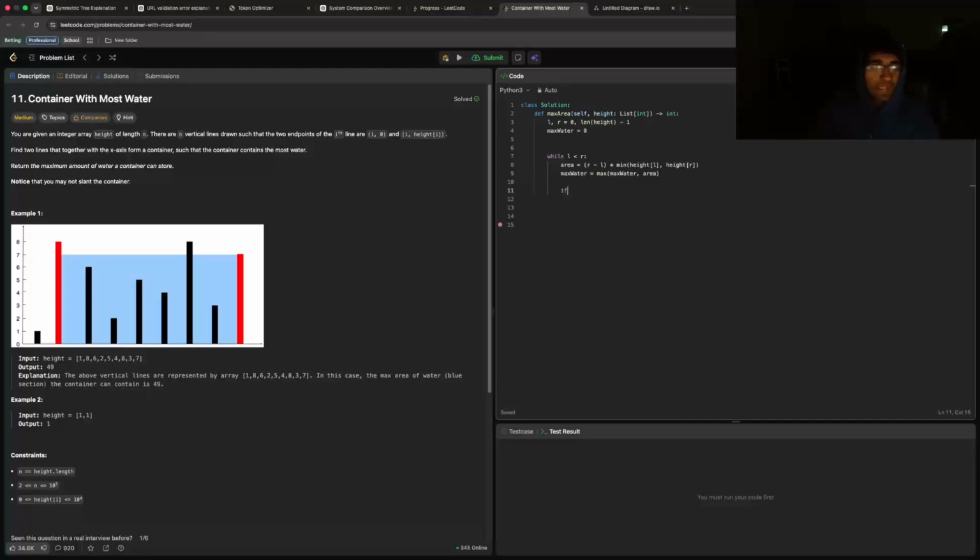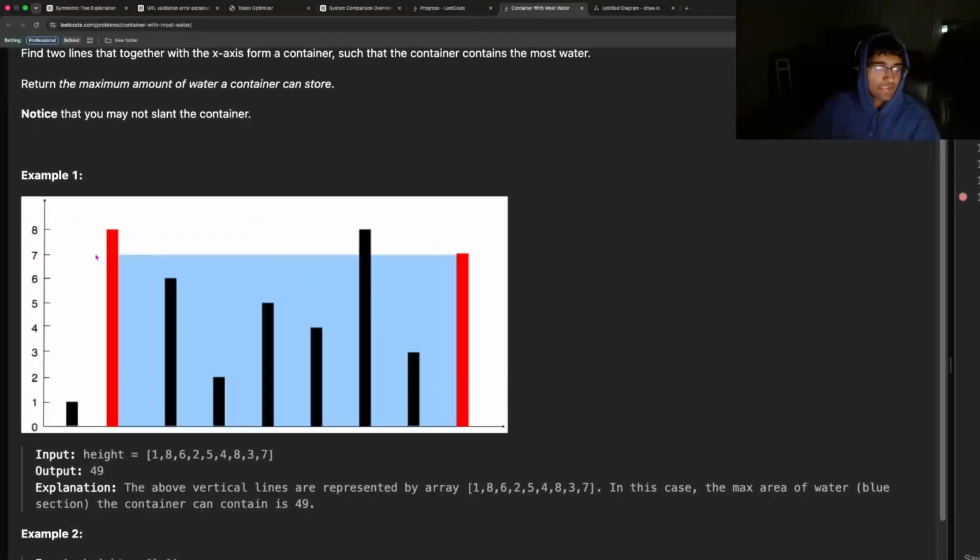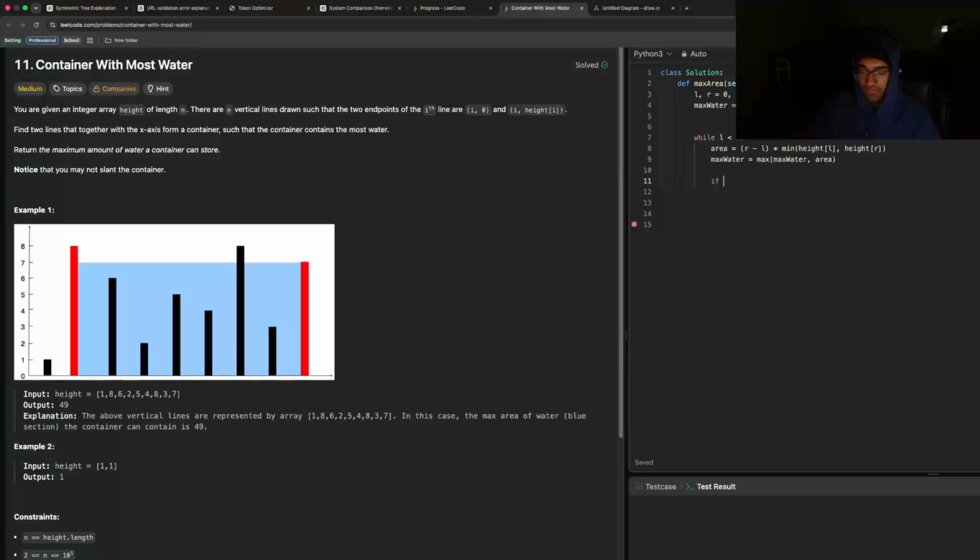But then we have the conditions, so that we need to keep looking if something is less than the other thing. So we're looking at the heights especially, because that's what we need to look at, right? So this would go back to the height values, because the pointers are always moving, but now we need to compare the height to get the most contained area, right? So now we're looking at something like height of R, or let's do height of L is less than, if height of L is less than height of R, we want the left pointer to equal L plus 1,